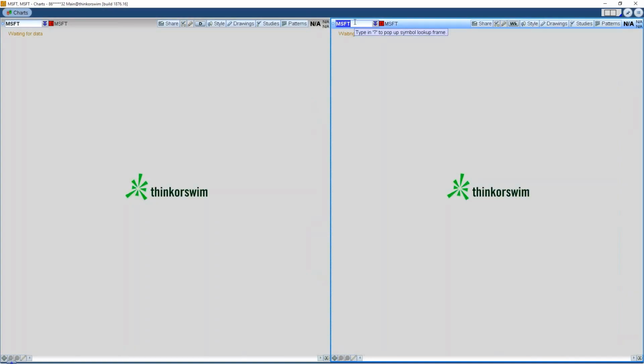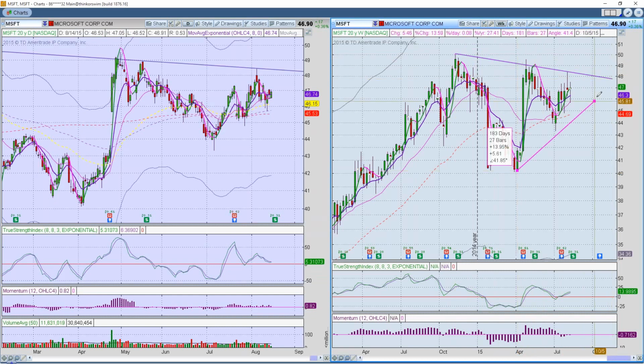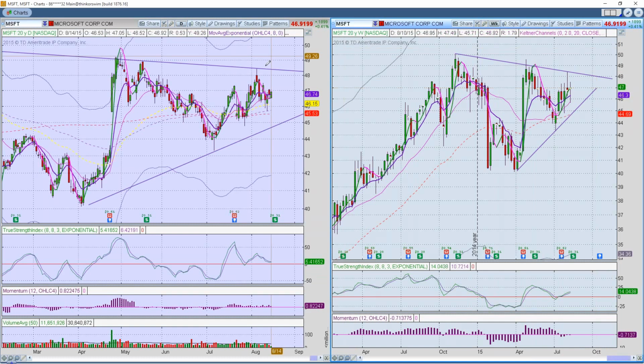Microsoft. Okay, Microsoft, what's it doing? On a longer term chart, you're looking at a little bit of a triangle type thing. The one thing that I know a lot of people have Microsoft's stock, but look at the range on Microsoft stock. It's about $1.79 per week. Well, what does that equate to? That equates to actually on a $40 stock about a 4% move on a weekly basis. So that's not that bad.